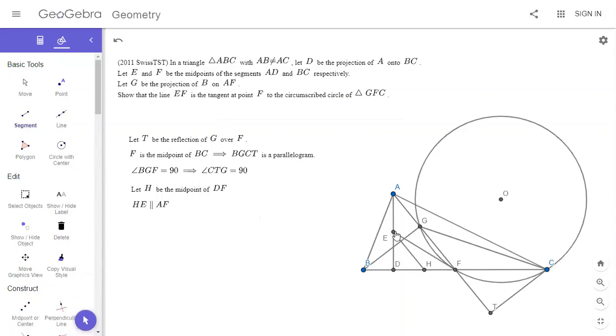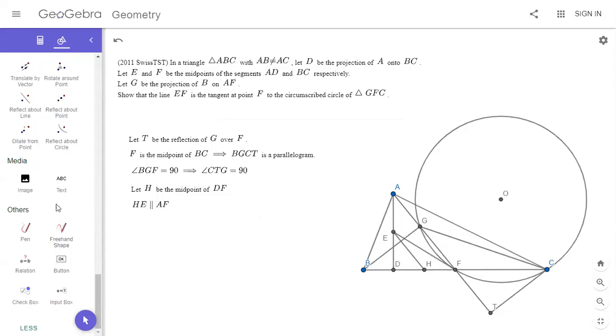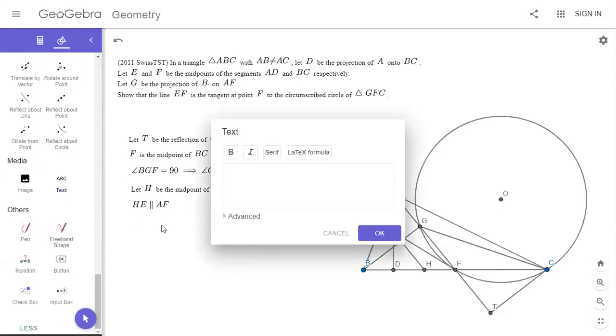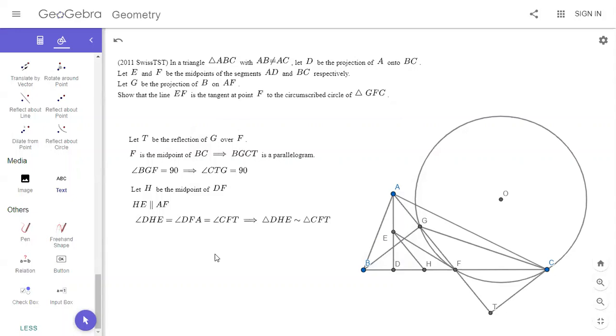And so that means angle DHE is equal to, that means triangle DHE is similar to triangle TFC, right? So, and then DH is equal to HF,